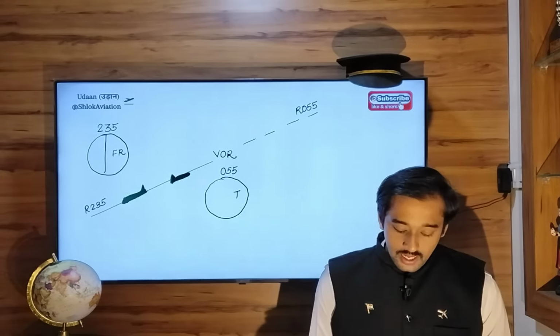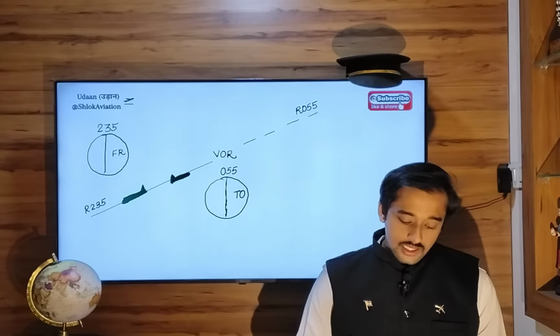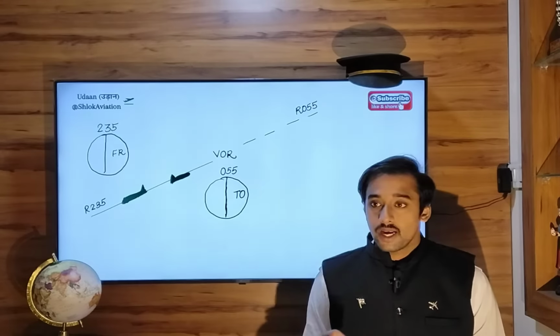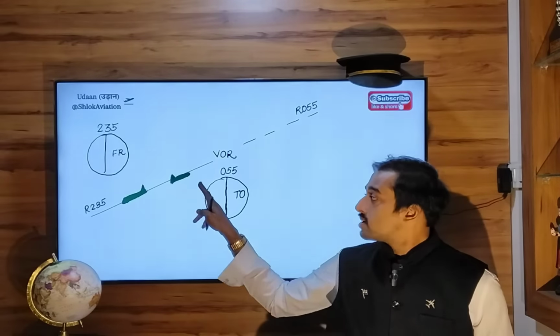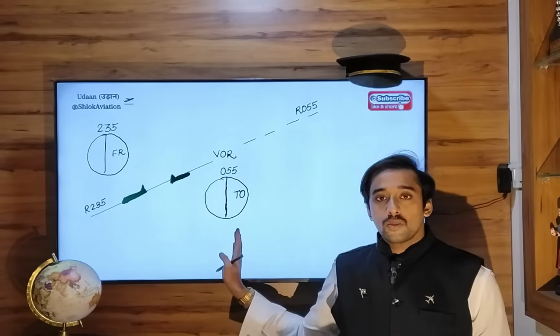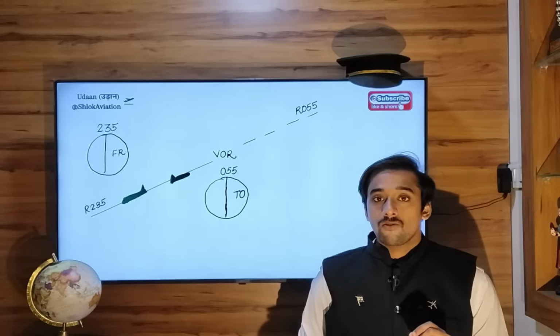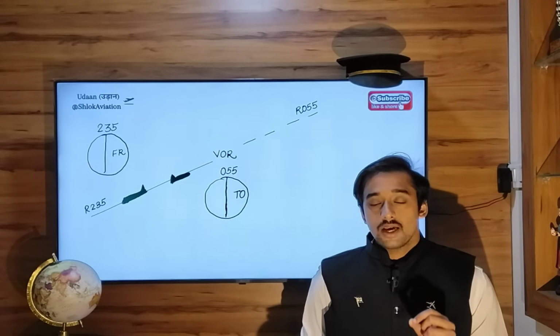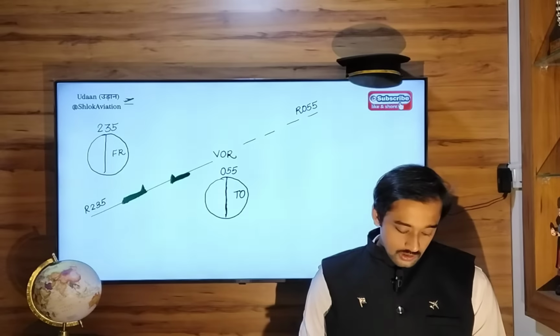You will automatically get to indication, and if you are on the center line, the CDI needle will remain in the center. If you are on the center line of radial 235 flying inbound towards the VOR, these are the indications on your OBS selector. A setting of 055, the to and from flag showing to indication, and the CDI needle in the center, right? So